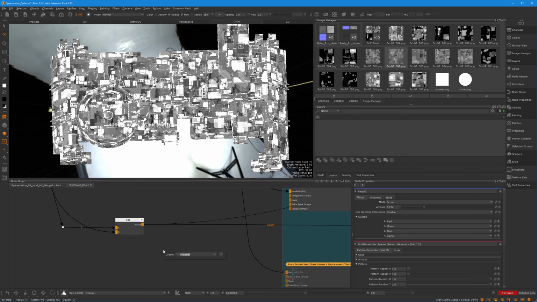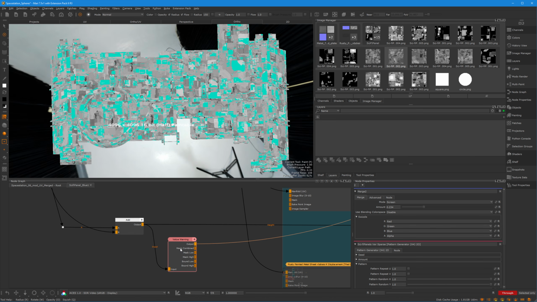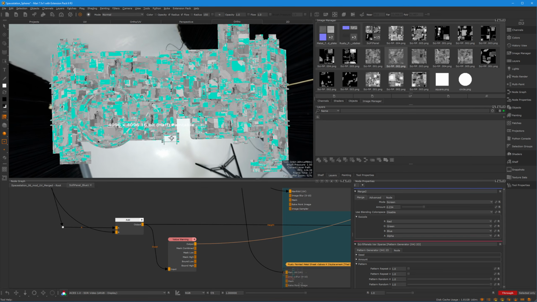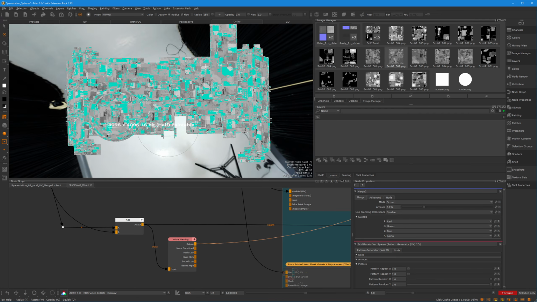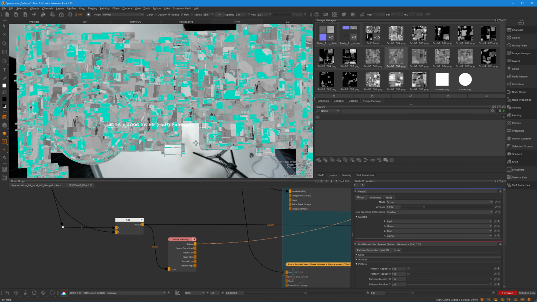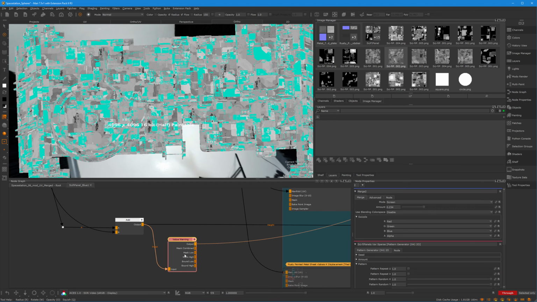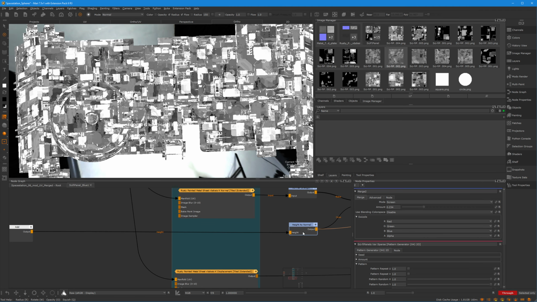And if I do a value warning node, this is from the extension pack, we can actually look at what values are above 1, and we can see here that all the teal here are values that are above 1, but it doesn't matter because the height as normal